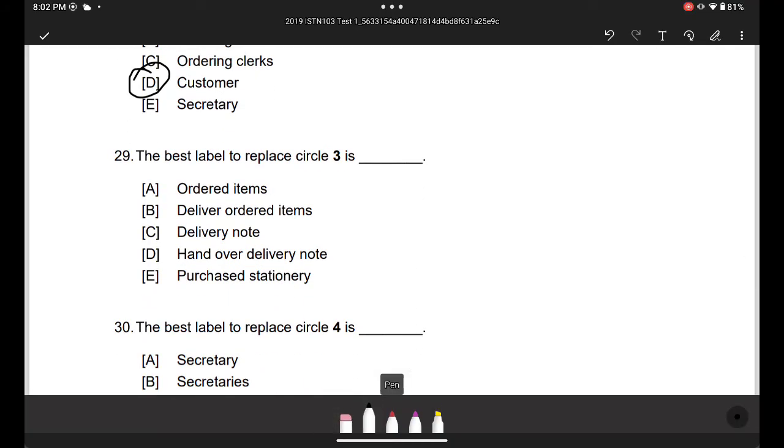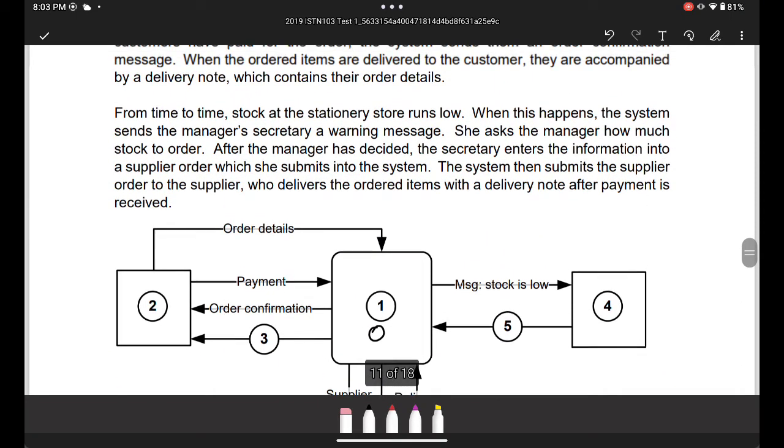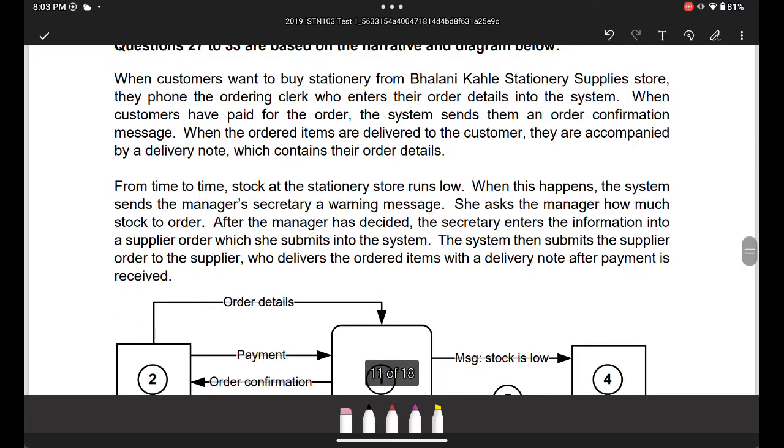Ordered items, delivery of ordered items, handover delivery notes. Let's see. Oh, delivery note. So a delivery note is also like a receipt. The reason it doesn't say receipt over here is because, if you read the system, this is